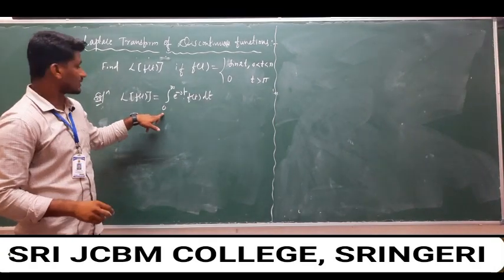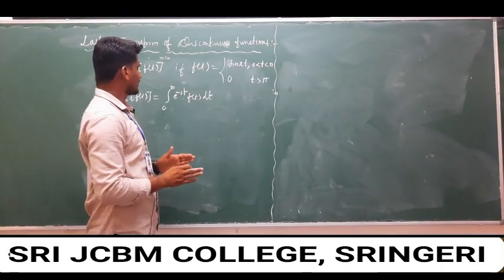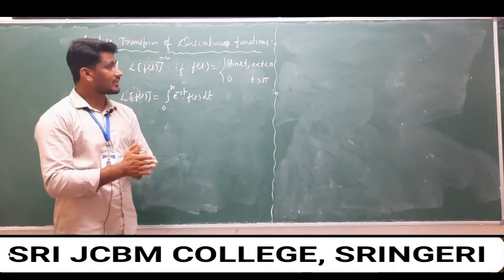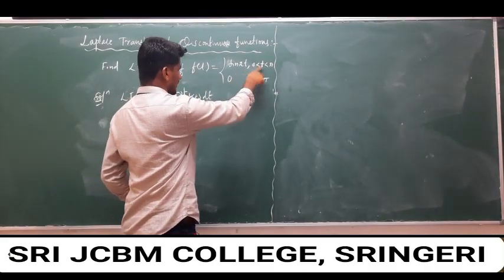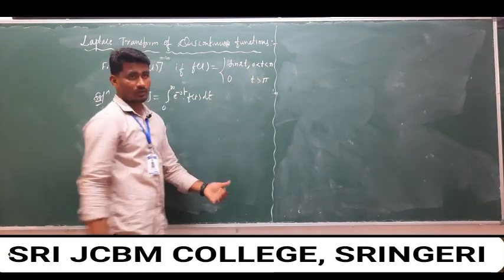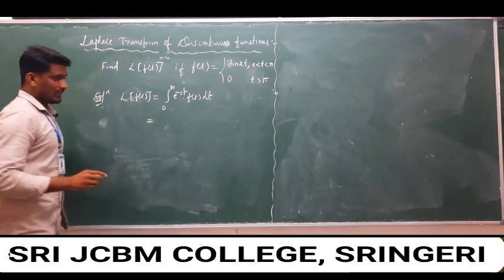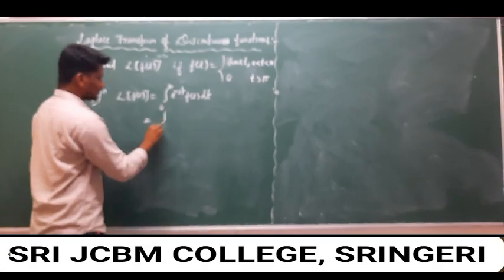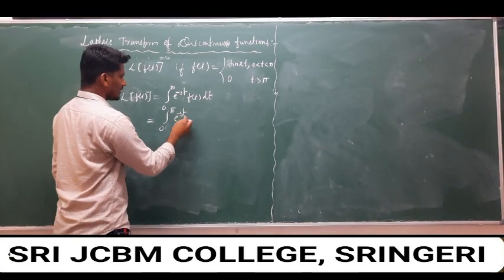So the limit values are 0 to infinity, but the given f(t) is split up piecewise, that is, f(t) is composite over different subintervals. So f(t) is equal to sin 2t for t from 0 to pi, and f(t) is equal to 0 for t greater than pi. So we have to apply the integration property: integral from 0 to pi of e^(-st) f(t) dt,